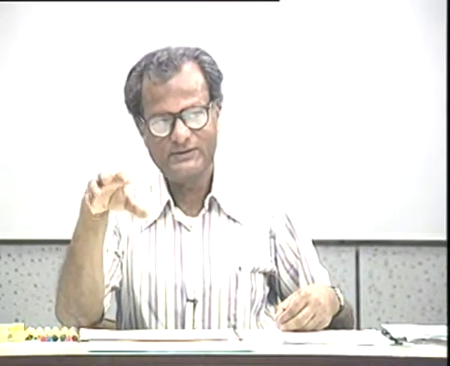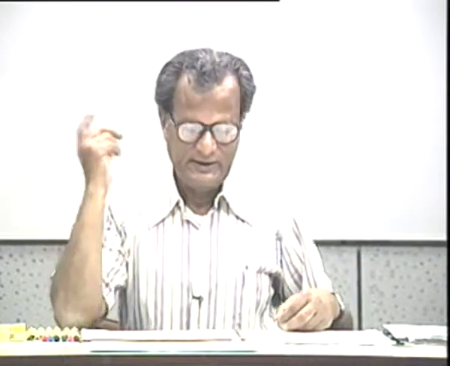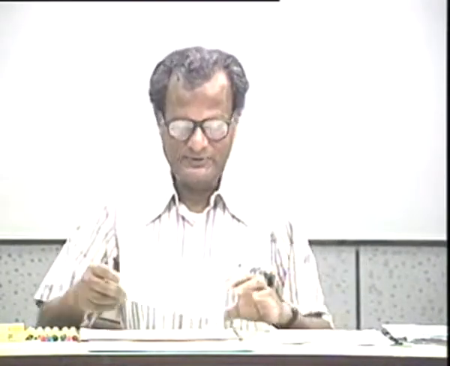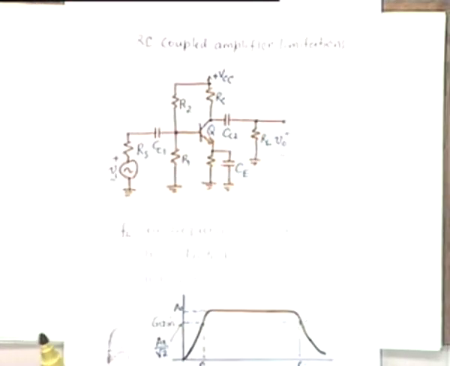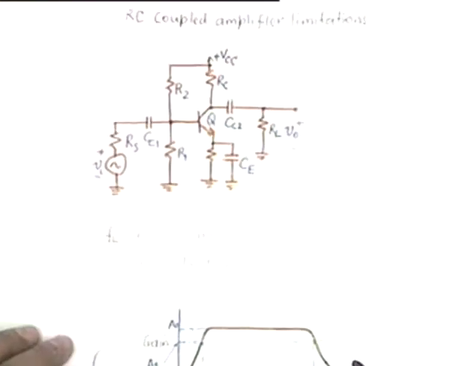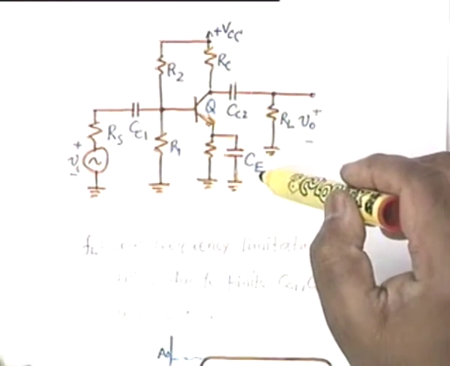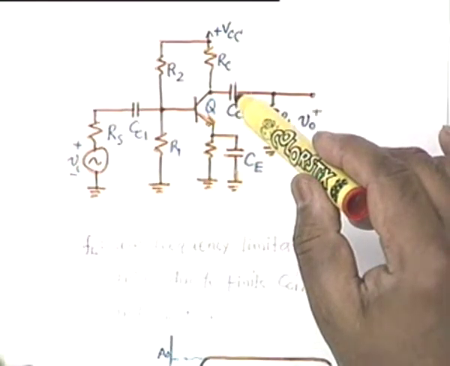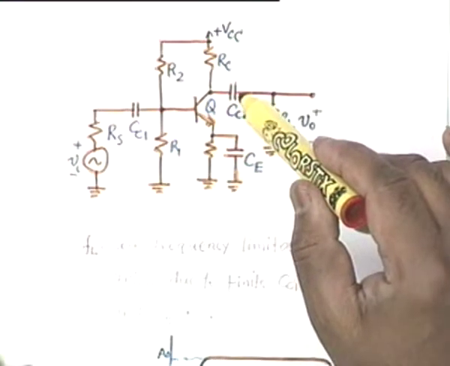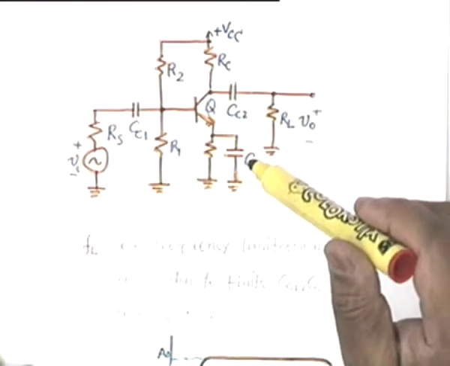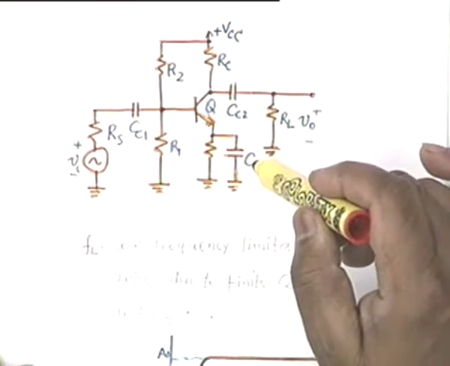As I said, the sequence was, first we did oscillators, then we went to narrowband amplifiers, now we are going to wideband amplifiers. Okay, if you recall the RC coupled amplifier, can you see the circuit on the screen? I have redrawn the RC coupled amplifier. If you recall the RC coupled amplifier, we required three capacitances, CC1, CC2 and CE. Two, what are these? Coupling capacitors or blocking capacitors. They are also called blocking, and this is a bypass.